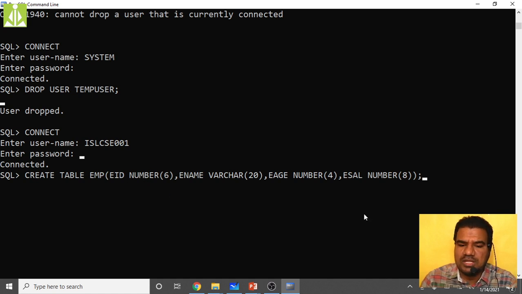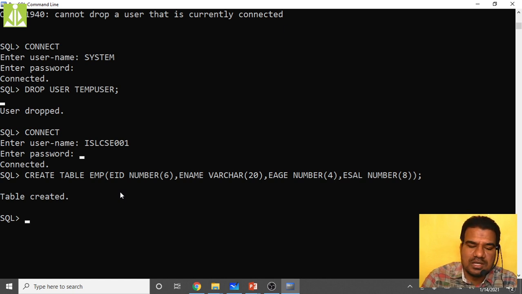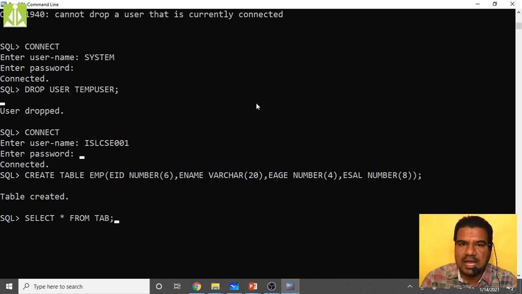So hit enter. So only this much. It will create a new table inside your database. Just see. Hit enter. Table created. It is giving a message, table created. That means the table what you are trying to create, employee, it's been created successfully. So now how to check whether the table exists inside your user or not? Say use that same command, select star from tab. Okay, select star from tab will give you the current user view. Okay, how many tables, how many views we have inside the current user, that it will give.